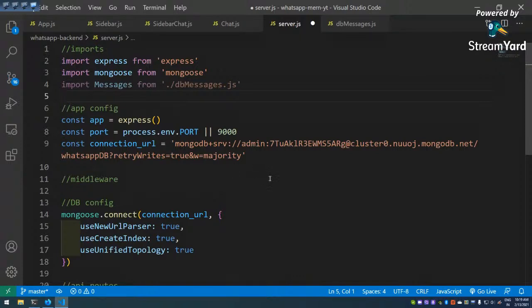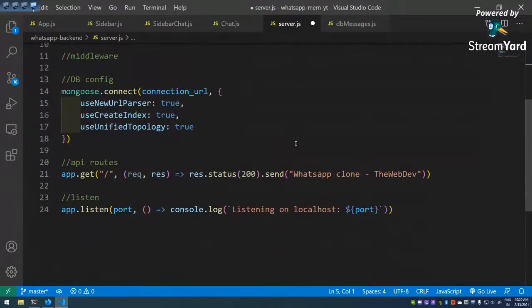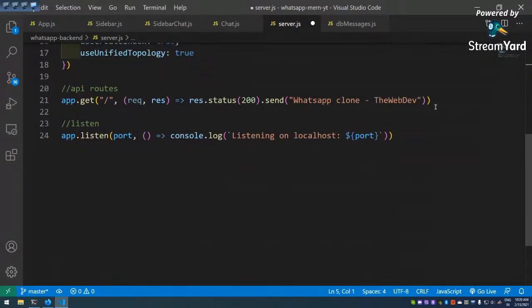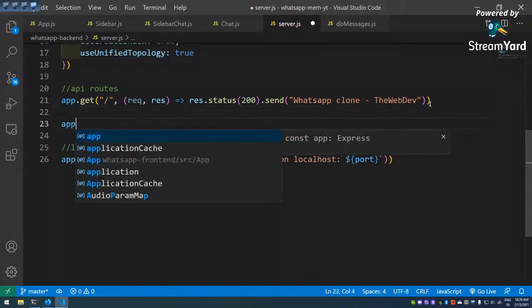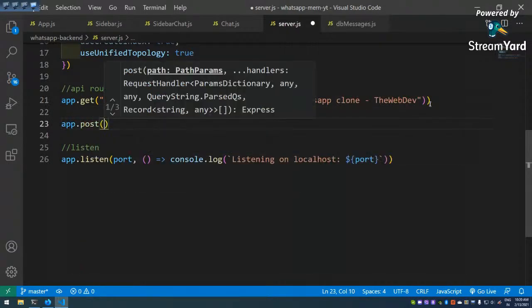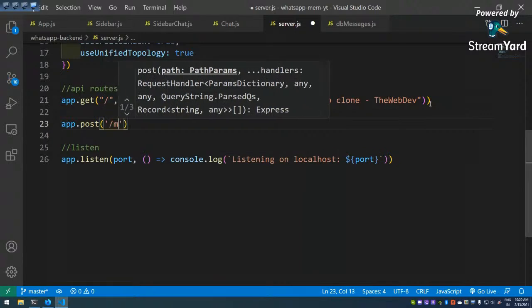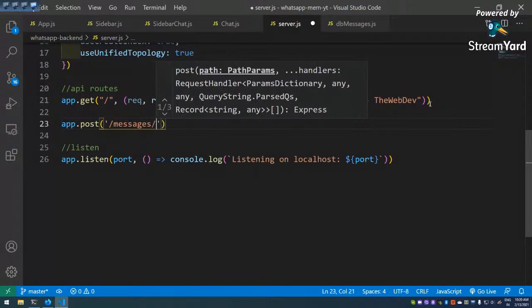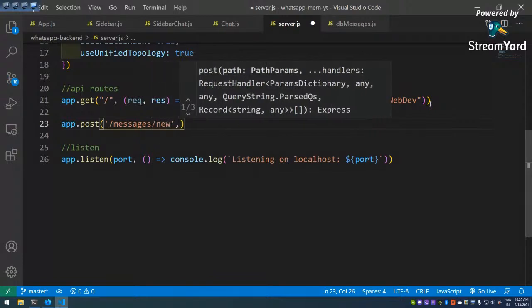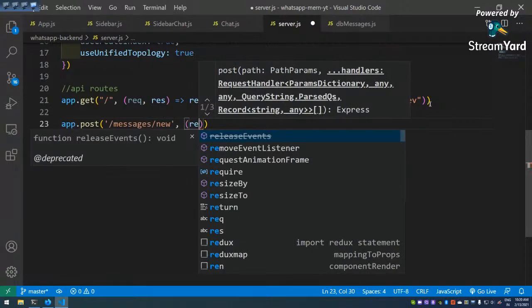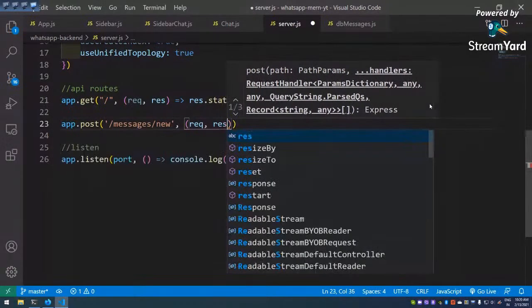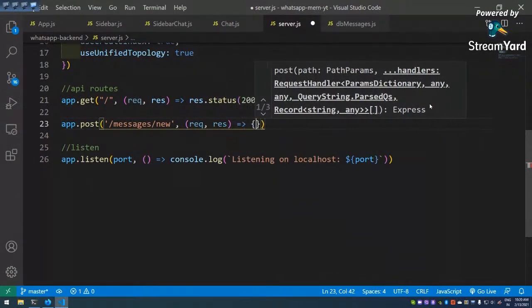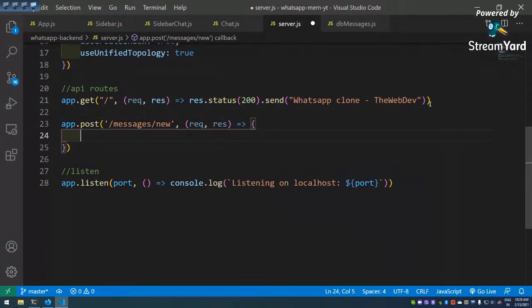Okay, and then we are going to create our first post route. We're going to create a first post route by which we can post. So here I'm going to come and app dot post. So we can give any name here. So I'm giving messages slash new, messages new, comma req, comma res, and like this,